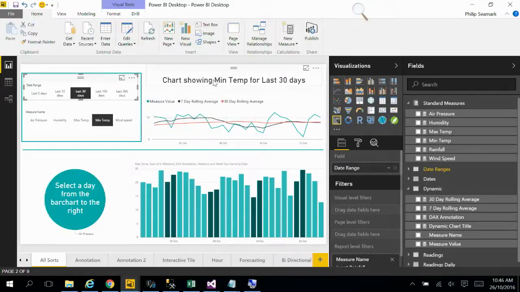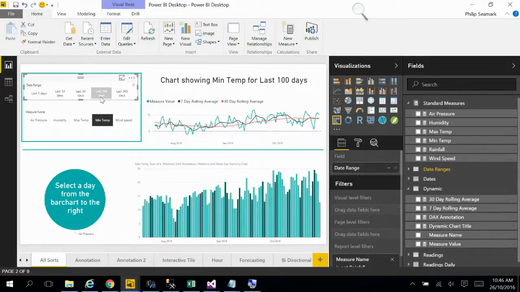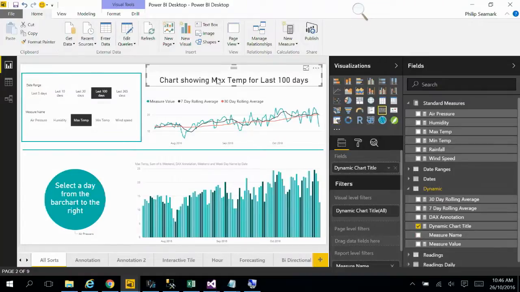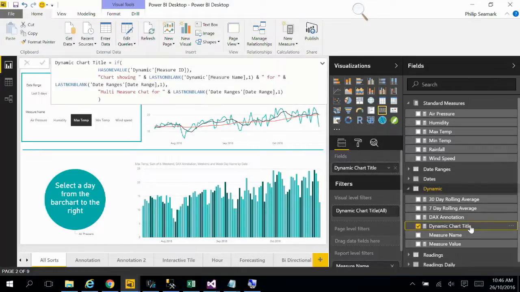Another thing I'm doing on this particular page is using DAX to create dynamic annotation. So here at the top we have charts showing min temp for last 30 days, but when I make other selections, it's adjusting accordingly. Out of the box, you can't have dynamic titles on a visual. So what all this is a visual in its own right, and it's using a measure called dynamic chart title. And if we have a look at what that looks like,